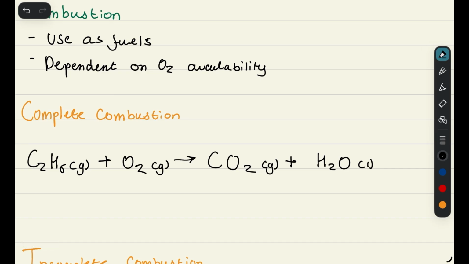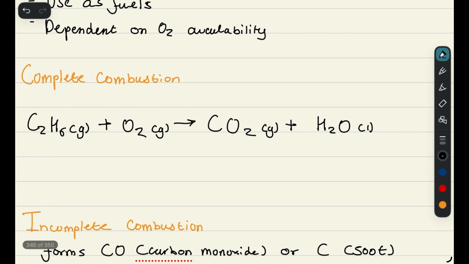So if we have complete combustion, then that means that we're fully reacting. So we're going to form carbon dioxide and water. I've just included state symbols for you there. Now, you do need to be able as well to balance these equations. So that's something that I'd prompt you to do on your own time if you want to